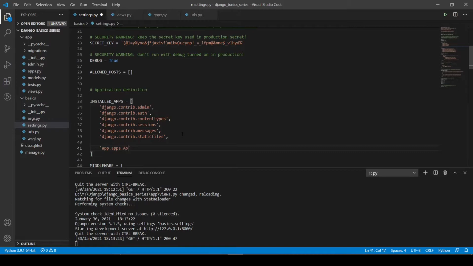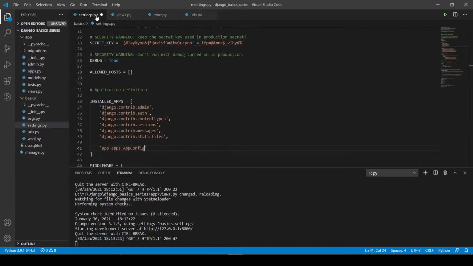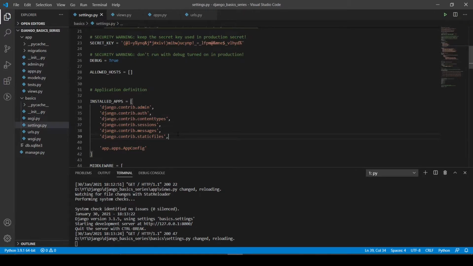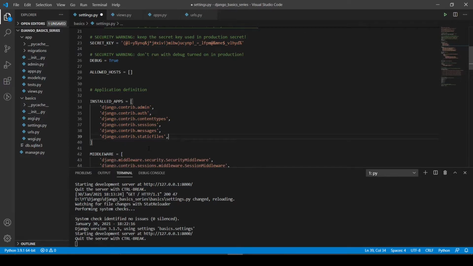I think it's in caps, right? Yes, AppConfig. That way Django comes to understand that you have this application in your project. I will tell you another method later, so for now we don't need to worry about how it looks.